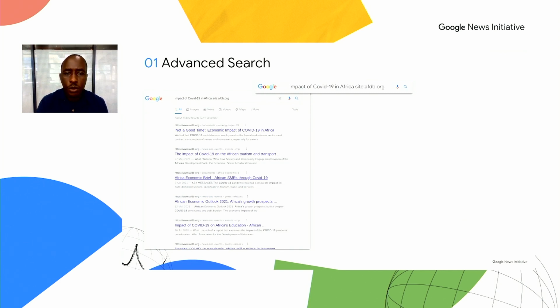In this other case of the use of an operator or a refinement, we will use site colon to search a particular website or a domain name. Let's say you're looking for information published on the impact of COVID-19 in Africa and you want to see if the African Development Bank has any research or any information about this. Either you're looking for additional information or you're looking for a news story. You can quickly search the afdb.org website using the site colon operator. And you can further filter